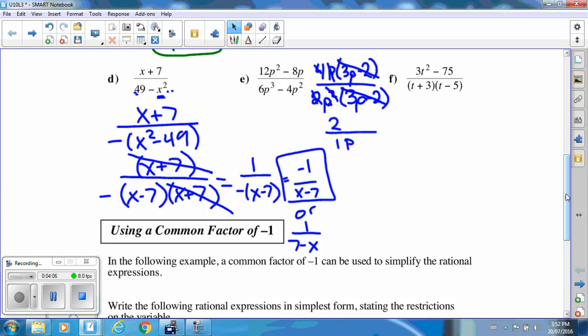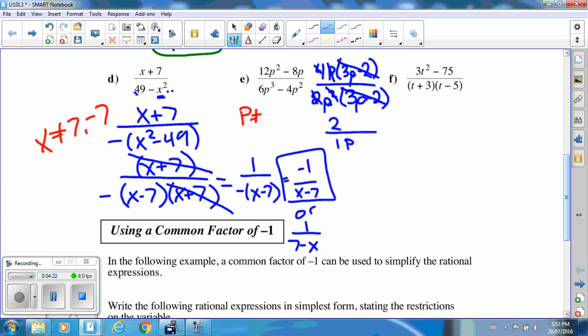Now, before I cancel those things, and look at me, I got behind, I need to write down my non-permissibles. Always non-permissibles before you cancel anything. So my non-permissibles here are x cannot equal 7 and -7. My non-permissible here is p cannot equal 0 or